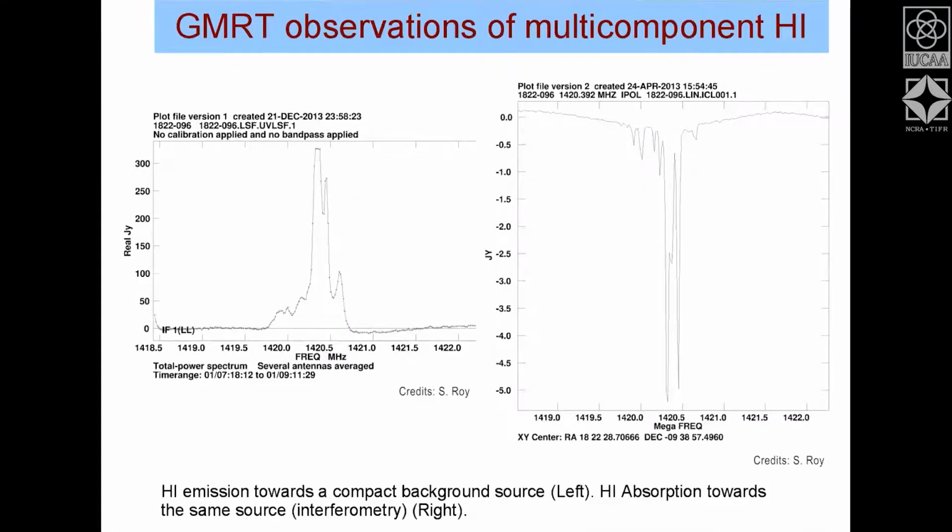So coming back to the plot, you are seeing lines whose line widths are much smaller, and they are pretty strong, deep. That means the tau, for example, goes to 5 by 7. So the tau is of the order of 1 here. So it is not optically thin close to the place where the strong absorption occurs. In that narrow frequency range, there is a lot of cold neutral gas sitting along our line of sight, so that has absorbed most of the background emission. So that is the case.